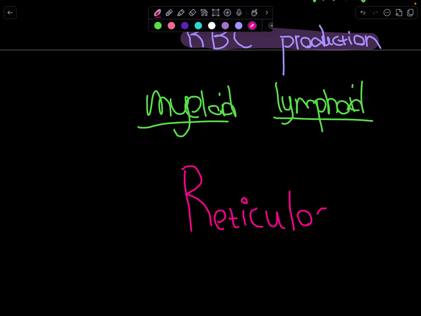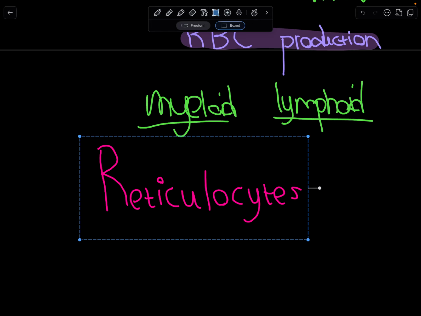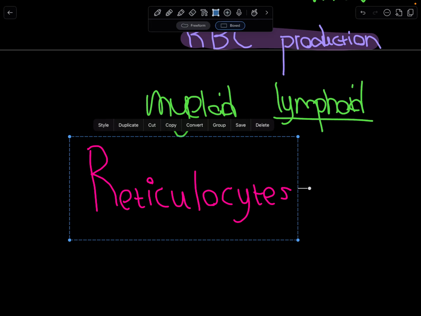Reticulocytes are immature red blood cells, just one step before mature erythrocytes. They form in bone marrow after erythroblasts lose their nucleus, still containing some ribosomal RNA, which gives them a reticular, net-like appearance under a microscope, hence the name reticulocyte. Their main function is to mature into fully functional red blood cells within 1-2 days in the bloodstream, completing hemoglobin